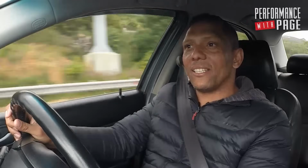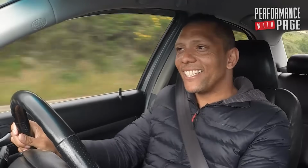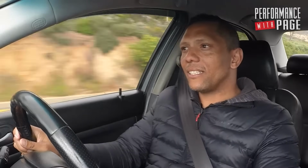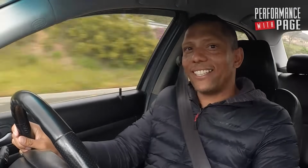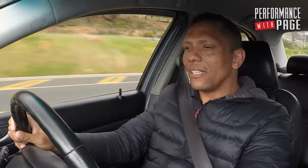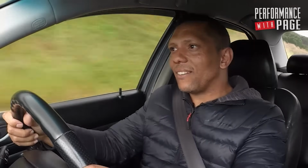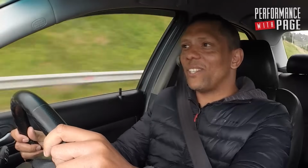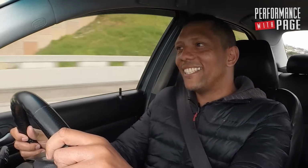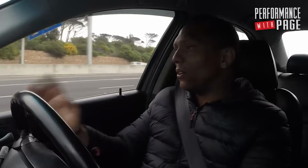So I don't know if you guys can hear the overrun. The owner calls it the beat. Listen. You guys hear that? I'm giving it a little bit of throttle there. Even on the brakes, I'm just touching the gas just to get the beat going. With the downshift, I'm blipping on the downshift, or punching the gas on the downshift. And because it's a